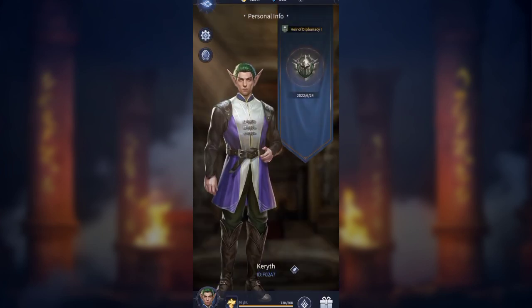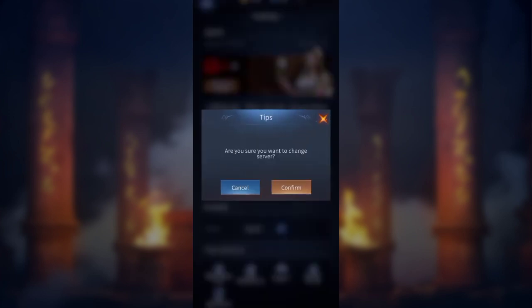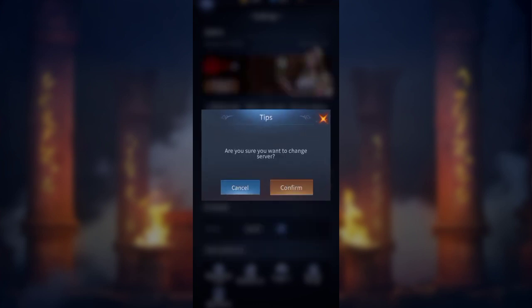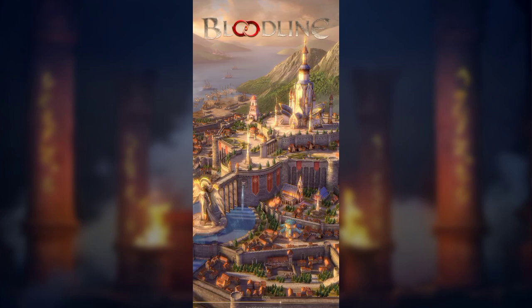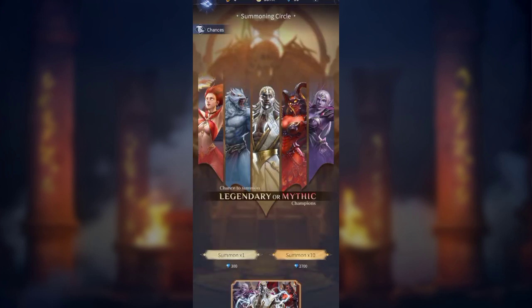And actually, let me show you, because it's not unlocked on this account. I'm going to go to a more developed account, my main account here, and show you some things in this summoning circle. But you want to save those diamonds. Don't spend them on anything, because I want you to look. 1 summon, 300 diamonds. 10 summons, 2,700 diamonds. So you basically pay for 9 champions and you get 1 free if you summon